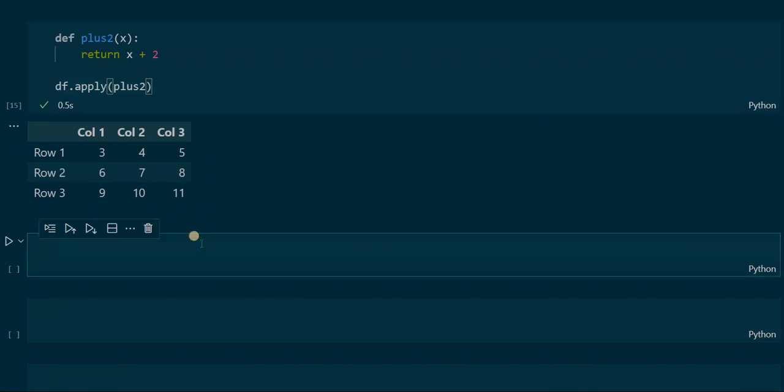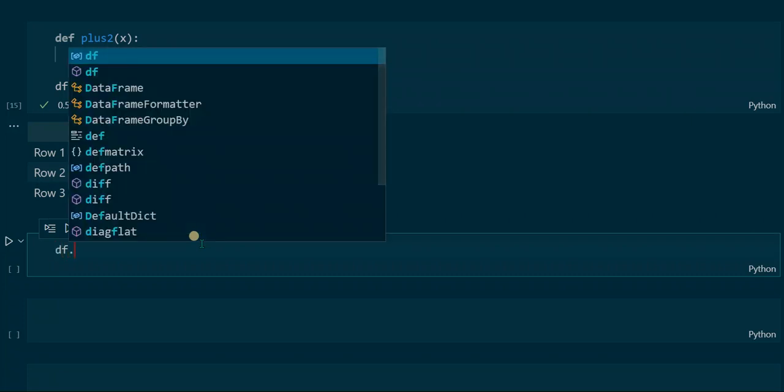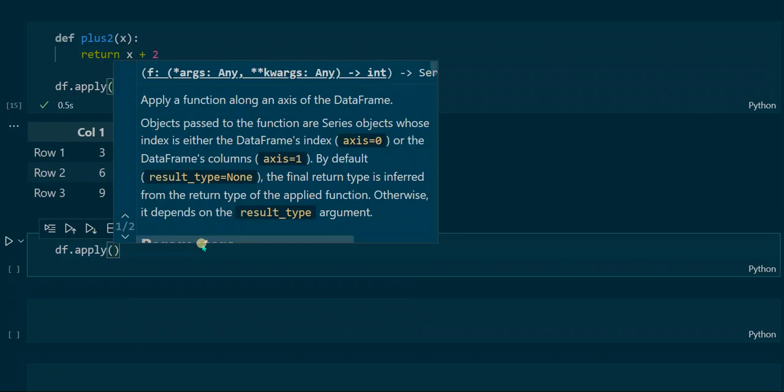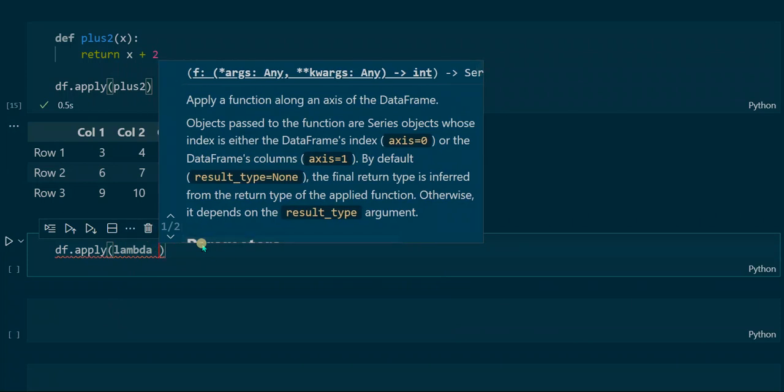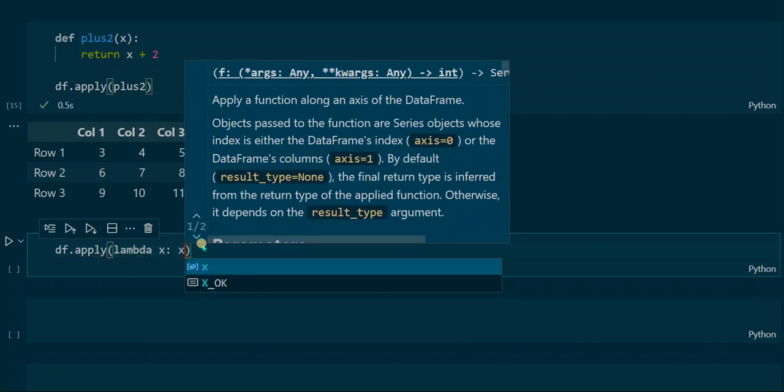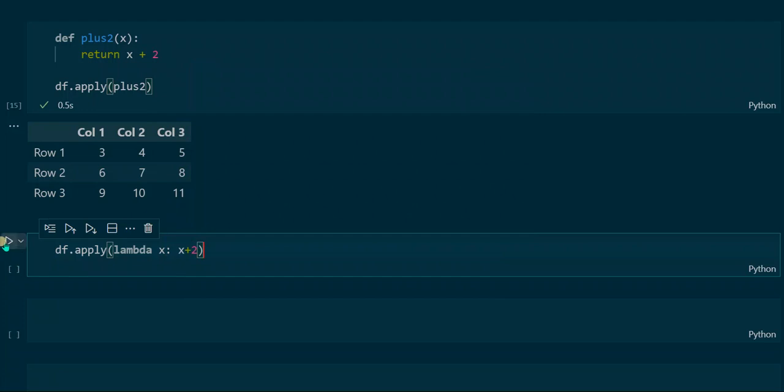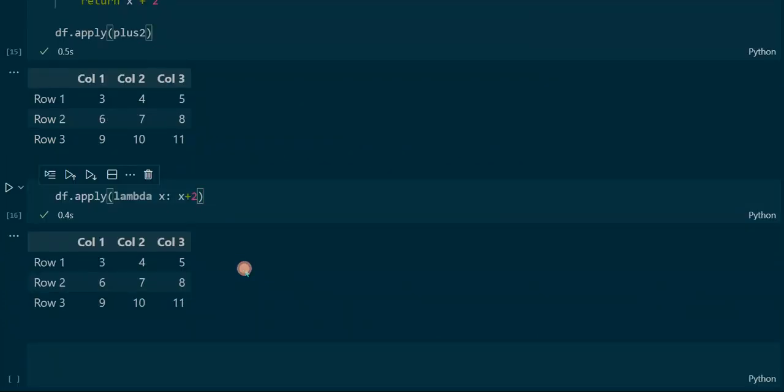Compared to that, we can use a Lambda function where we don't need to specify this plus2 function itself. This approach looks like this: df.apply, and then we have the keyword lambda, then the argument is x, and the expression is x + 2. And as we can see, this creates the same output, but it's just a much shorter way